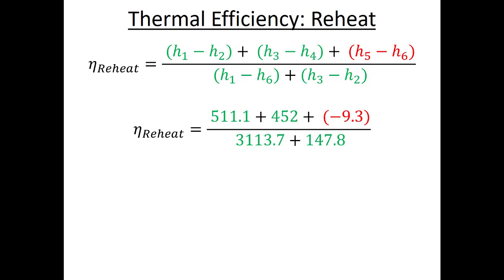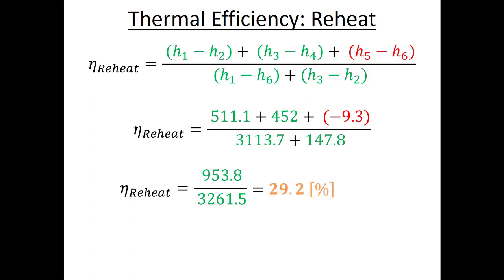So here I got a chance to look at this. I put some numbers in, and I see that the numerator is smaller than the denominator, which I'm expecting because I know that this efficiency has to be below 100% for sure. And I think that if we were still treating this the same as the last problem we did, the thermal efficiency maximum was something like 55%. So here we get that our efficiency went up to 29.2%, which is bigger than 28.4%.